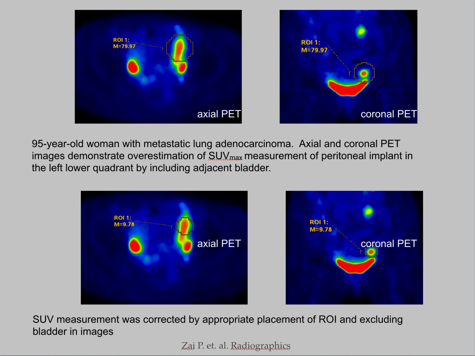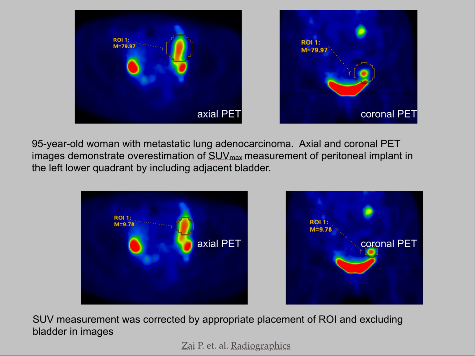This is a patient with a tumor in the pelvis, and on the images on the top, we're drawing the region of interest on the axial image, and when we look at the coronal image to the right, we see that the region of interest happens to grab a little bit of the bladder, resulting in a ridiculously high SUV max of 79.9. When we redraw the region of interest to exclude the bladder, the SUV max comes back down to